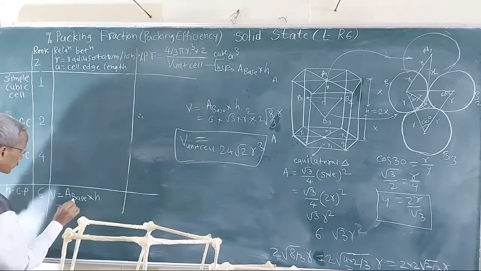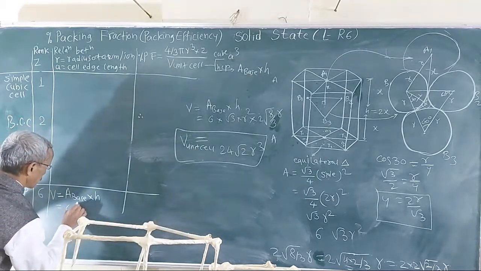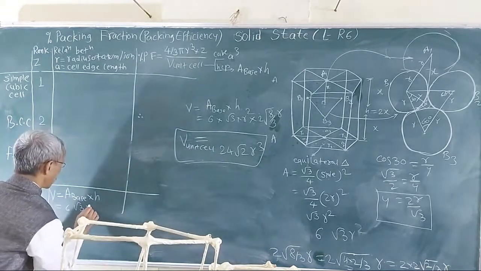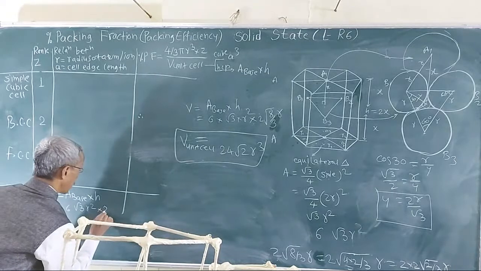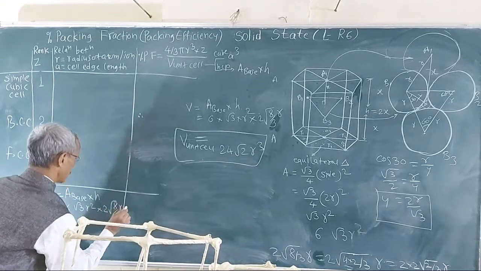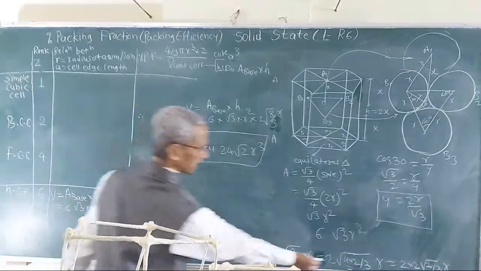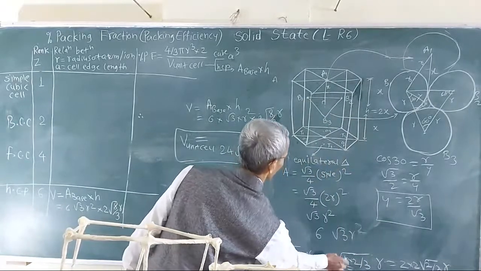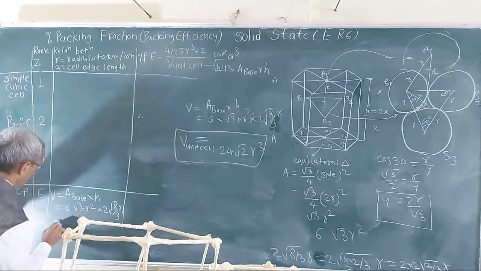The area of base is given as 6 times root 3 by 4 r square, into height, which is given here as twice 8 by 3. So here the base area is given like this, and finally one can find here the